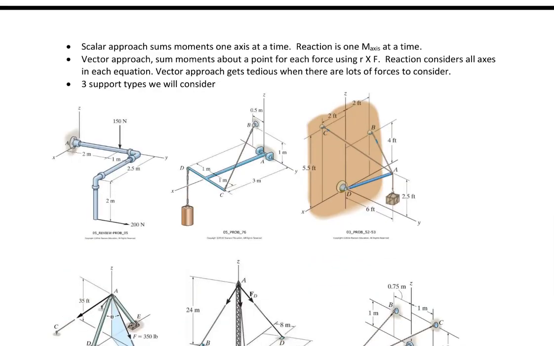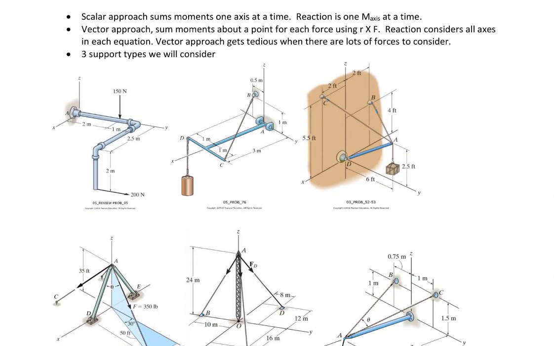So there are several types of supports that we're going to consider. First is going to be the fixed support. You can see how that pipe is screwed into the wall. It has no ability to rotate in any of the 3 axes, and so that will be a fixed support type of